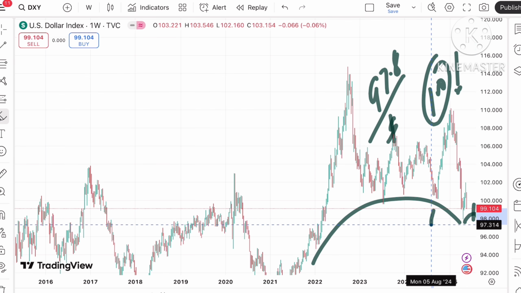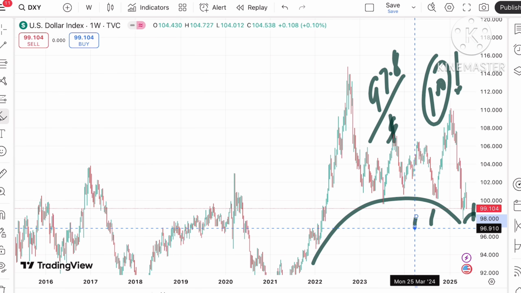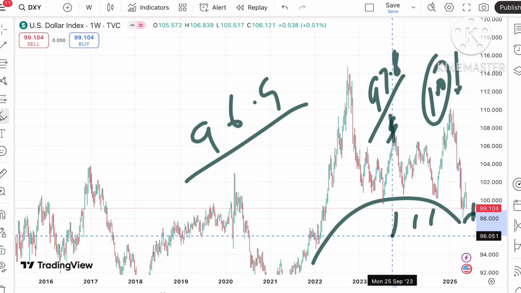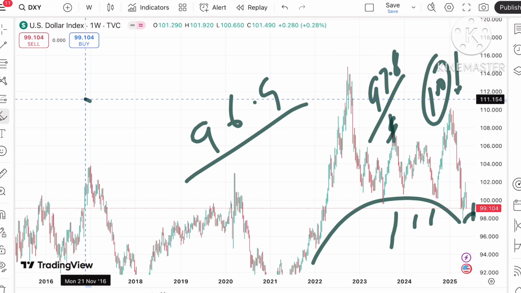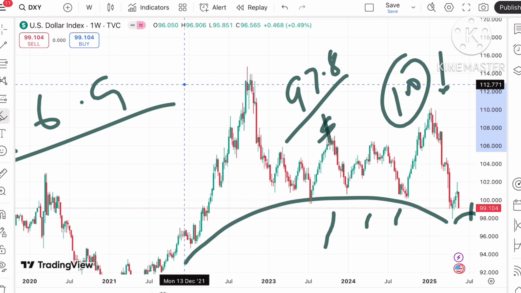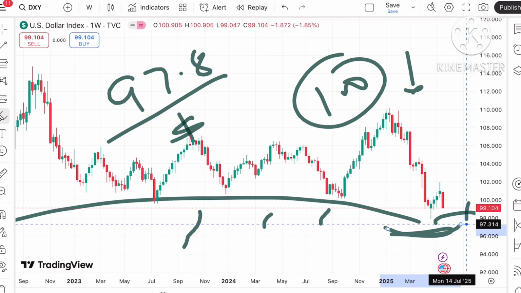so chances are high it will fall below 97.8 and can touch a level of 97.3 to a level of 96.9, and once it started going below this level, a further downfall we can see towards $94.7. Okay, and if that falls, we can see a further fall, but if it started forming a swing, there is